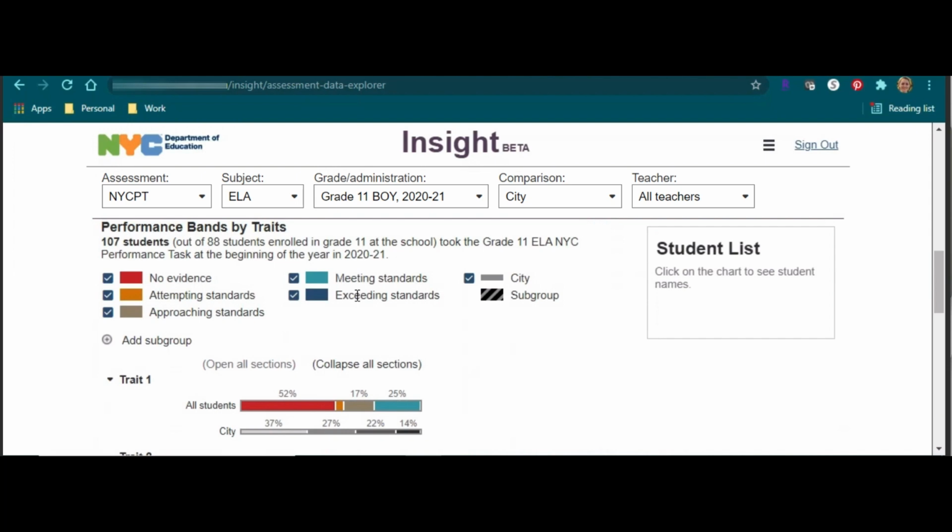Please note that not all traits include the performance band of exceeding standards. In that case, you will see a note here as a second sentence beneath the title telling you that the rubric for this assessment does not include exceeding standards, and it will list the applicable traits for which exceeding standards is not available. Similar to other features across Insight, you also have a gray bar in this legend that represents